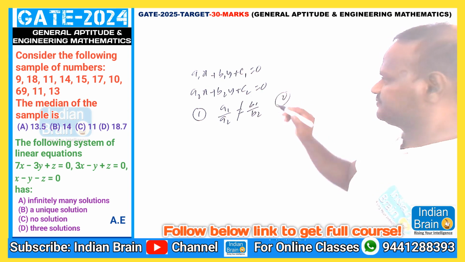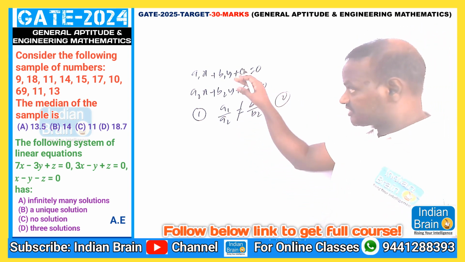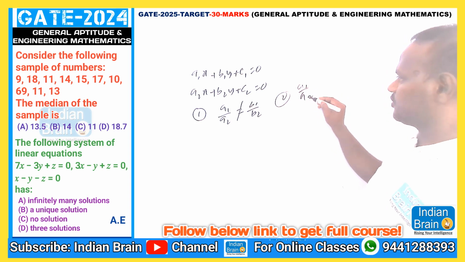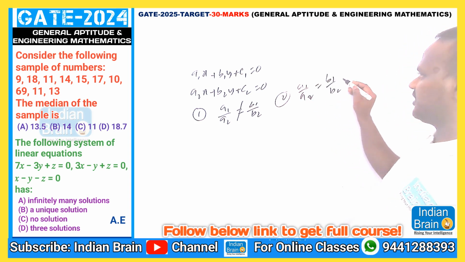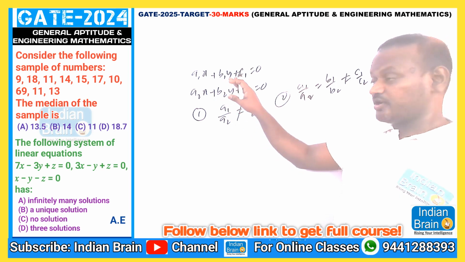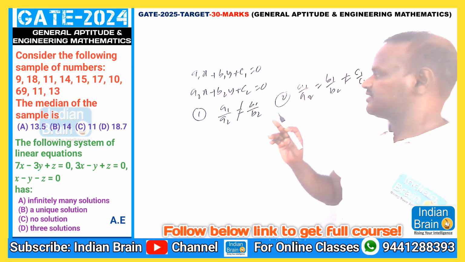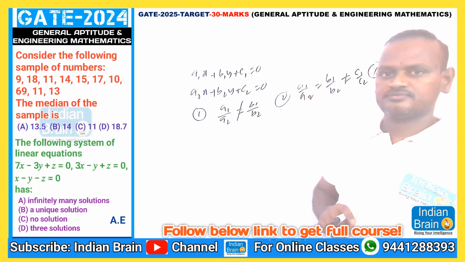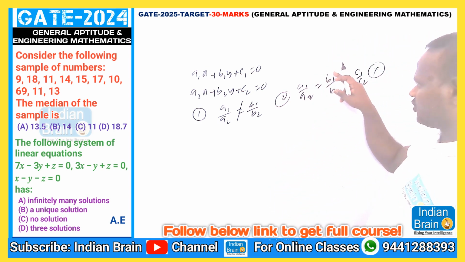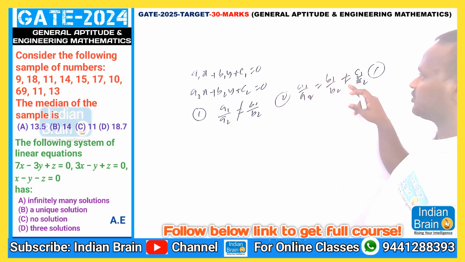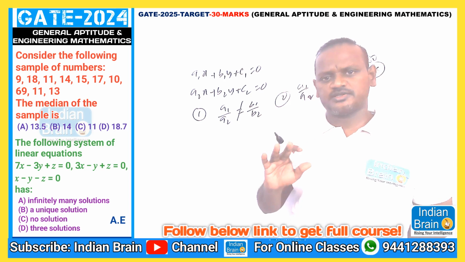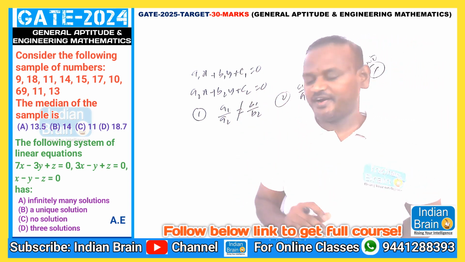And what about condition number 2? If you involve the c1 and c2 constant values also, in that case a1 by a2 is equal to b1 by b2 but is not equal to c1 by c2. In that case, we don't have any solution for this equation. That is a basic idea, right? a1 by a2 is equal to b1 by b2, but the constant ratio is not equal. That's why directly we can say no solutions for this two variable story, right?